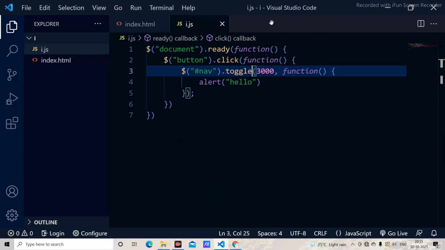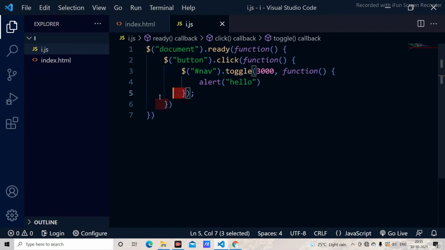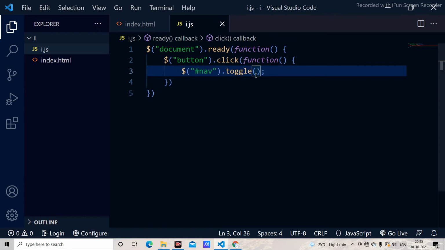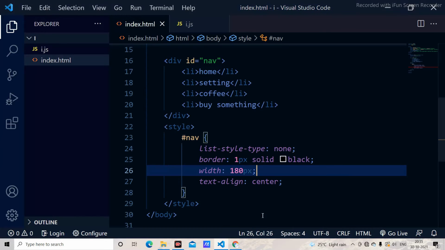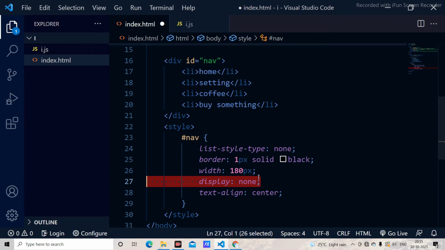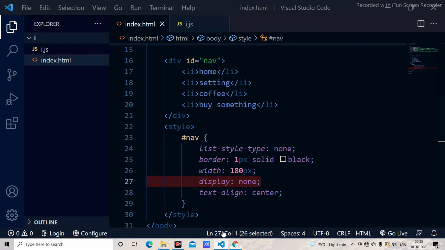Wait a minute, I remove all these alert signs because it is taking all of these together. I use a toggle, and I reload the site. As you can have a look at here, this is how toggle works. It does both hide and show simultaneously. And wait a minute, it has to work. I save it, I reload the site. Well, as you can have a look at here, it is showing us, it is hiding it, it is showing us, it is hiding it. And this is how we go with the toggle.